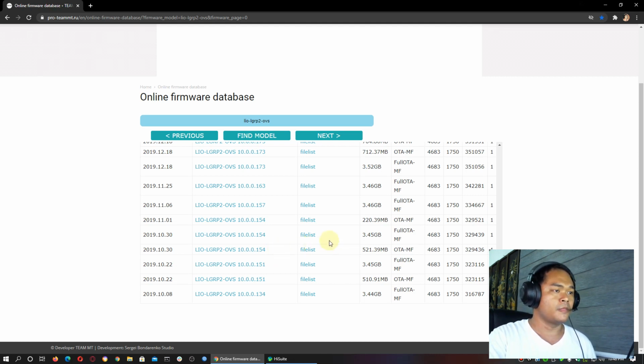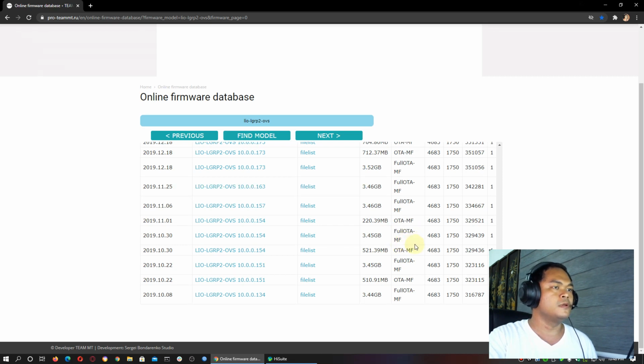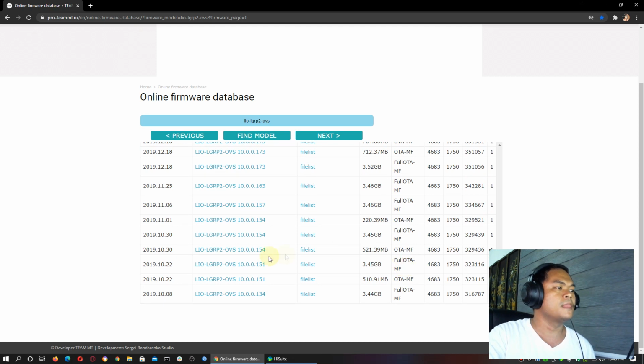Okay, so this time I'll be using a different version as well, just to show you guys if this really works or not. All right, so here, be mindful of only choosing the ones that have this full OTA-MF on this column here. Okay, so I'm going to try 154. All right, and there are 3 of them, and I'm going to choose the one here that says full OTA-MF